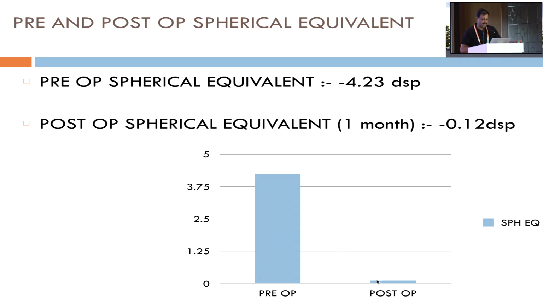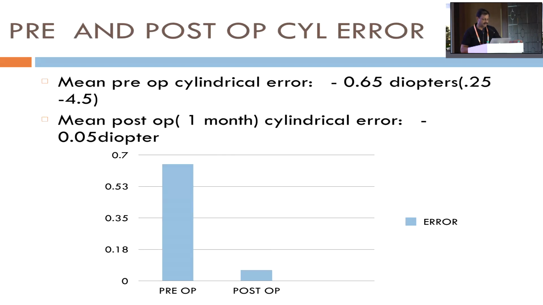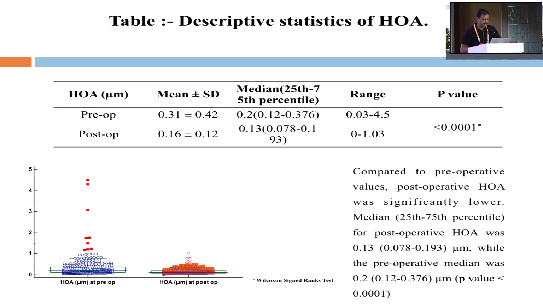So this is how the post-op graph looked. Similarly, on the cylindrical error, the mean pre-op cylinder of minus 0.65 dropped down to close to 0.05. So a quick word on the HOA, and I think it is more of the centration, because